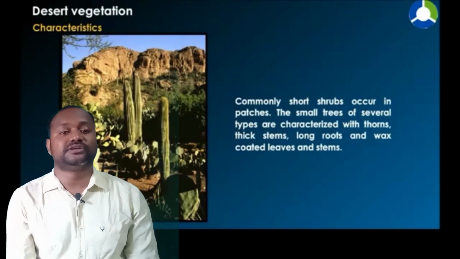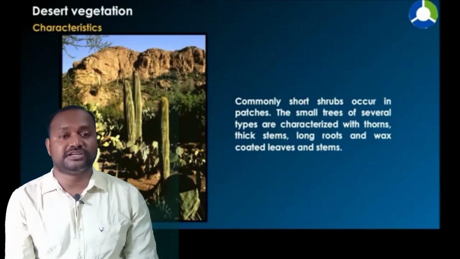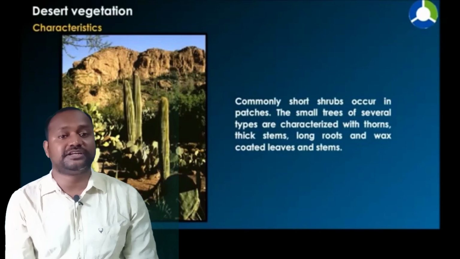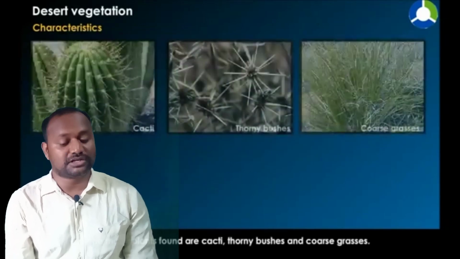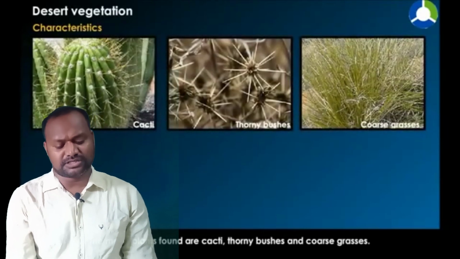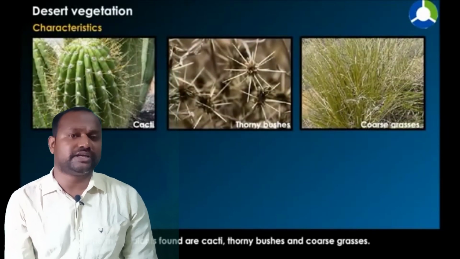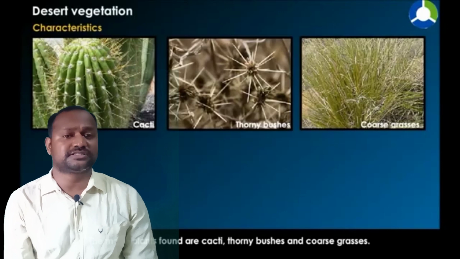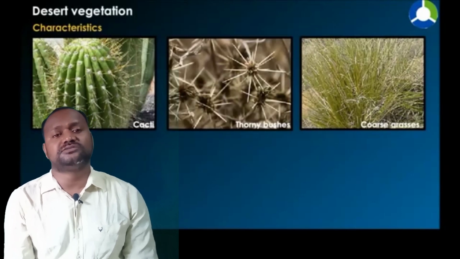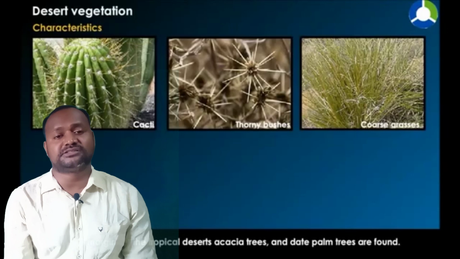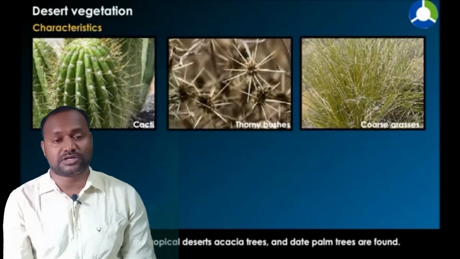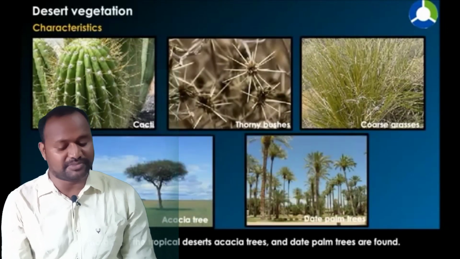The plants over here have some particular types of adaptation to this climatic condition. Most of the time here we will find xerophytic plants. These plants are succulent in nature. They bear thorns on their body. Their roots are deep in search of water, and most of the time shrubs are found in this region. So these are some characteristics of these plants which help them adapt to this extreme type of climate.